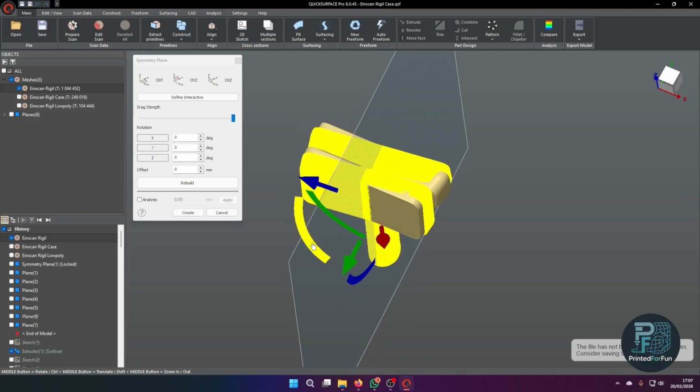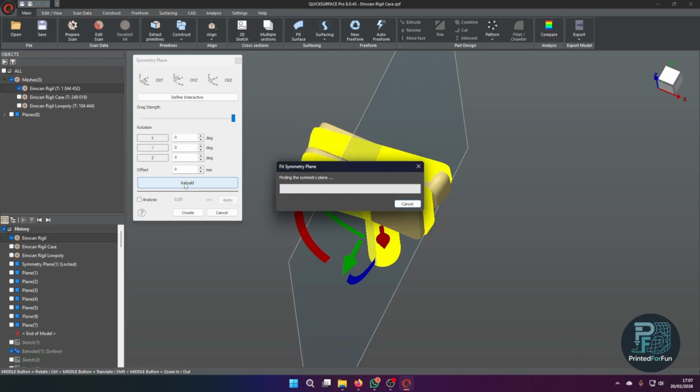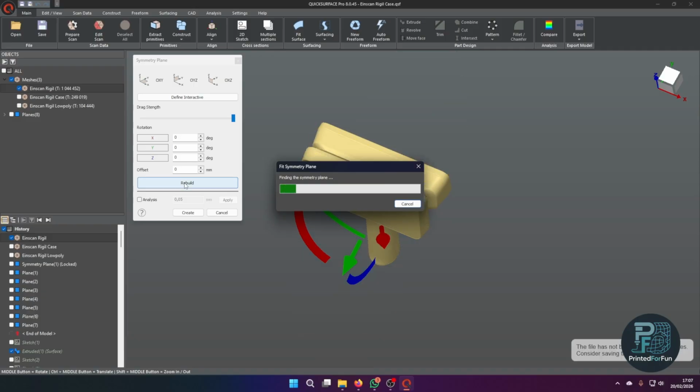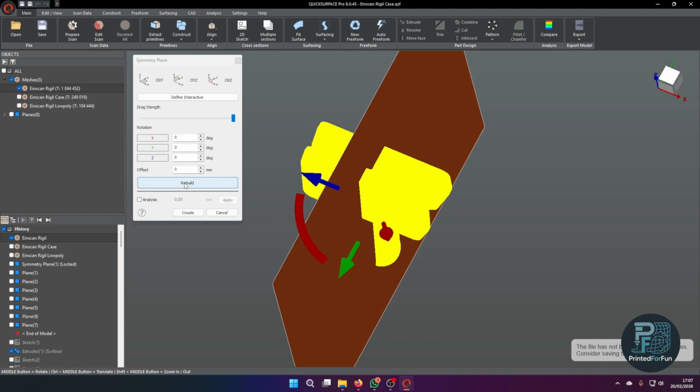If your part is very symmetrical, like the Rigil is, you can most likely stop here and just click on the rebuild button, and the software will automatically try creating a symmetry plane. If it isn't too symmetric, I would call it,